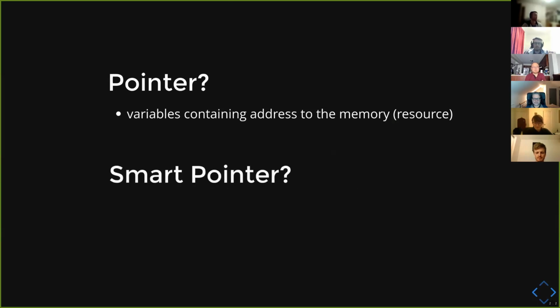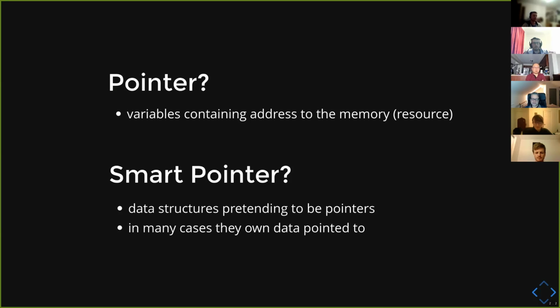And if we're talking about the smart pointers, then there is a data structure. Yeah, so the smart pointer is a data structure pretending to be a pointer. And in many cases, the smart pointer